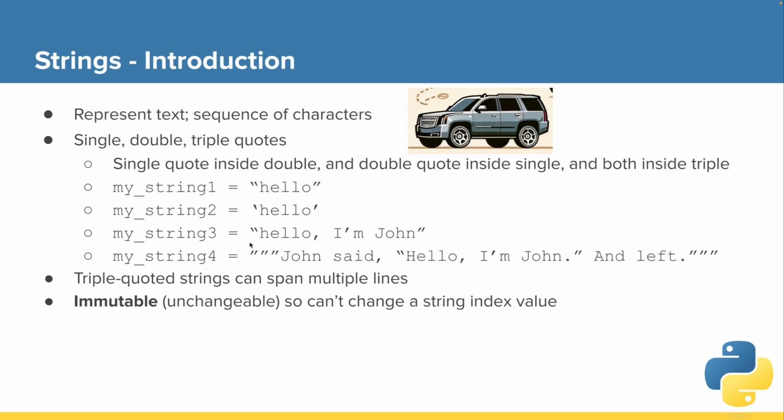If we use double quotes, then within that double quoted area, we can have single quotes, and it won't disrupt Python. It will be fine with that. It will be able to print out that string and use that string just fine. If we have triple quotes surrounding a string, we can use double quotes or single quotes within that string, and Python will have no complaints about that.